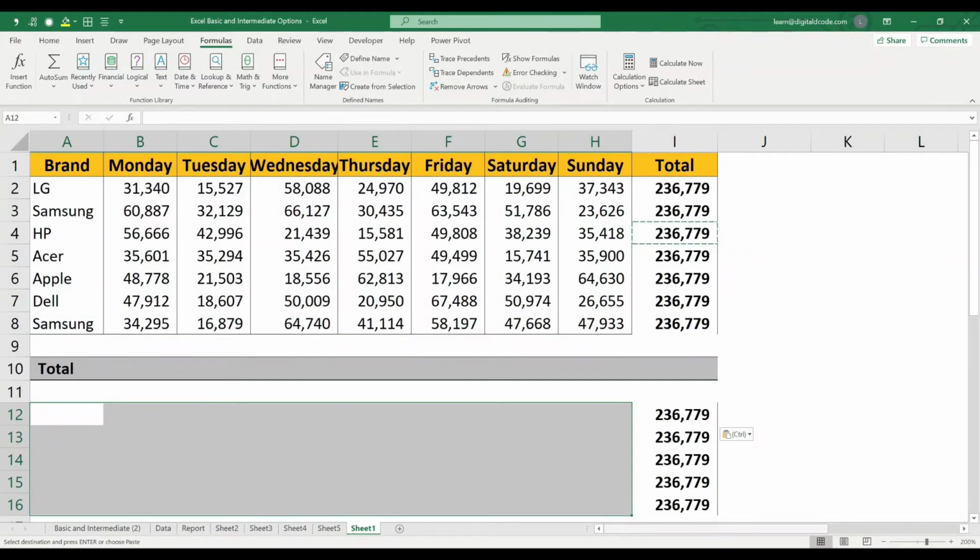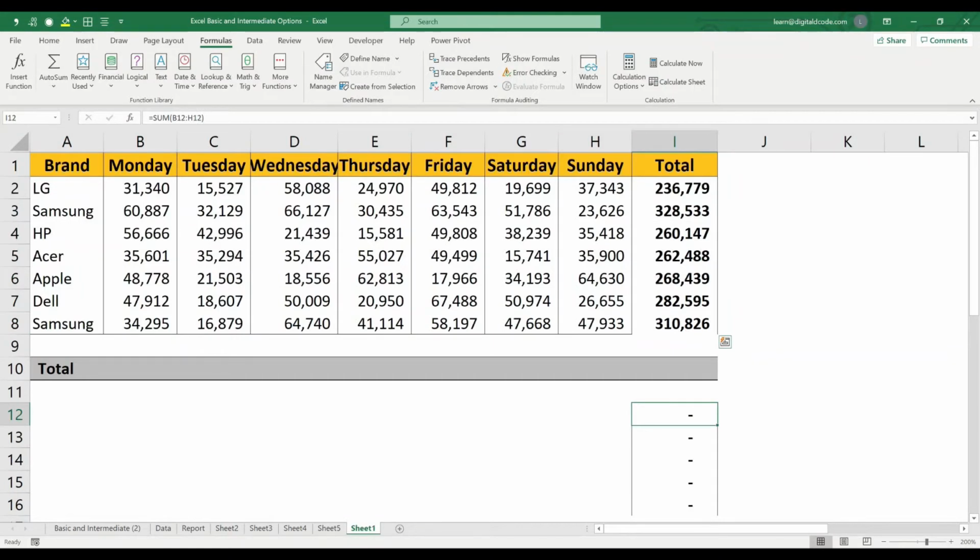To calculate that, you have to click Calculate Now, that is F9. If you do this, Excel does the calculation. Let me press F9, or let me click this button. Now the calculation has been done. Now you can see we got the figures. Here we got 0 because we don't have any value. You can also do the calculation for the whole workbook, or you can do the calculation for only that particular sheet.